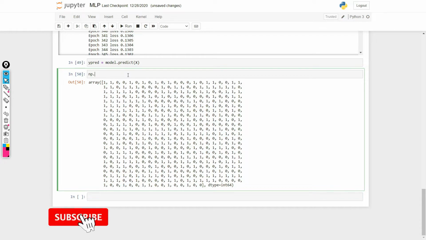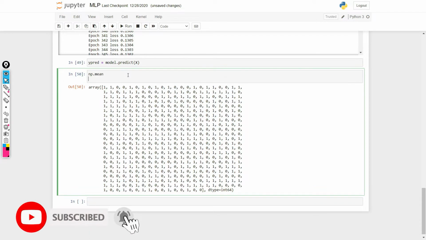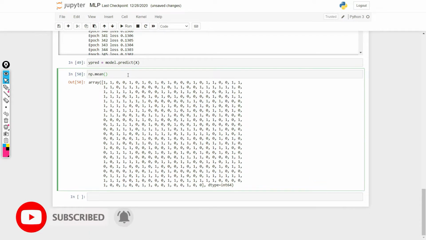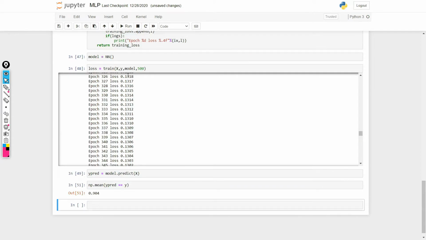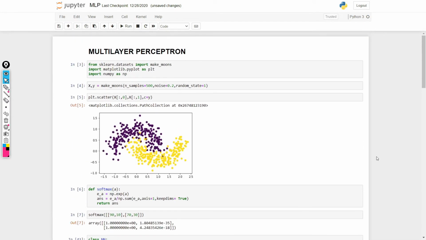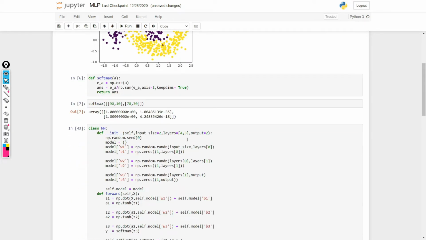What we can do is np.mean, and what we need to do is ypred equal to y. As you can see here, we have 90.4% accuracy. Okay, in this case we have 90.4% accuracy, which is pretty good, I guess.